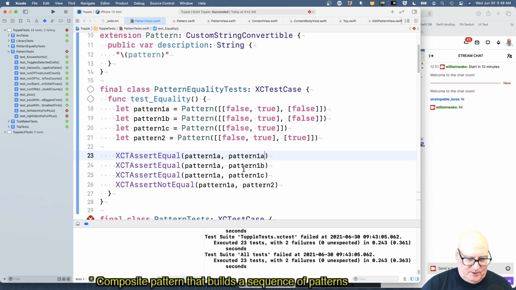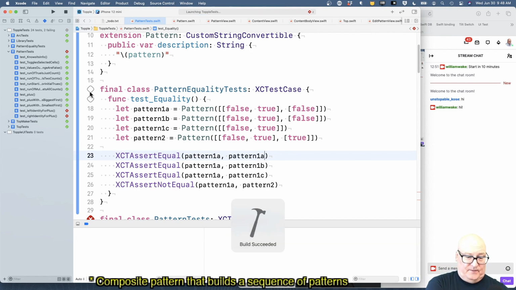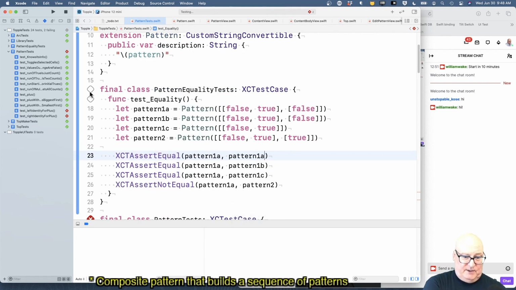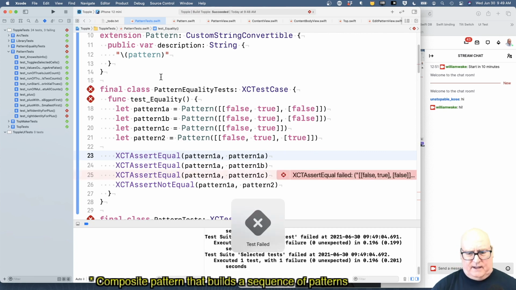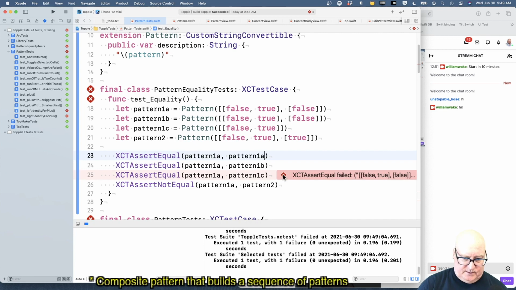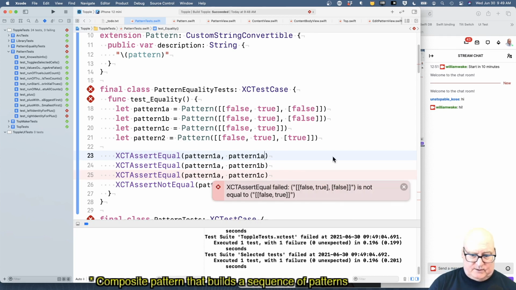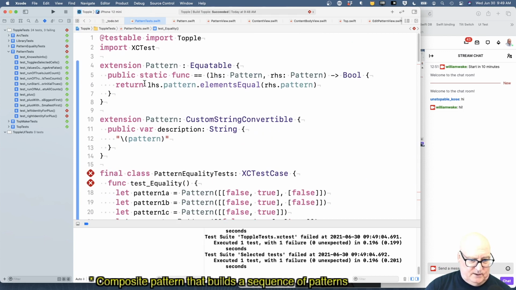Okay, so 1A equals 1B, we're saying you're equal if you're initialized with identical stuff, even if you're separate objects. We're equal by conformance, and then we're not equal when there's an actual difference. Okay, and our prediction is this test will fail. The first line will be okay, the second line should be okay, the third line will not. And I think the fourth line will be okay. Yeah. Okay, so false, true. False is not equal to false, true. Okay. So our equality then